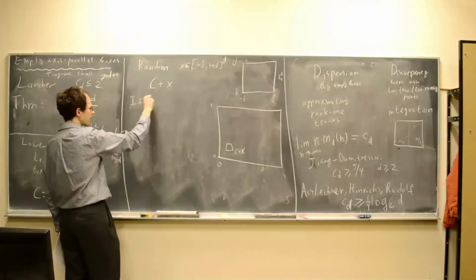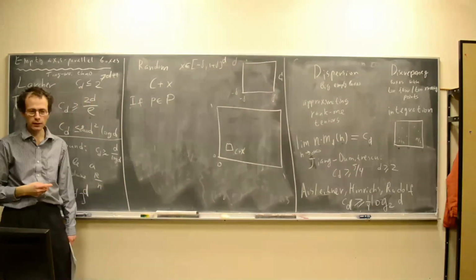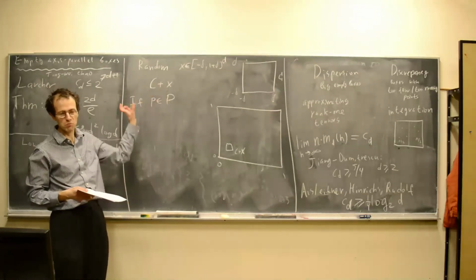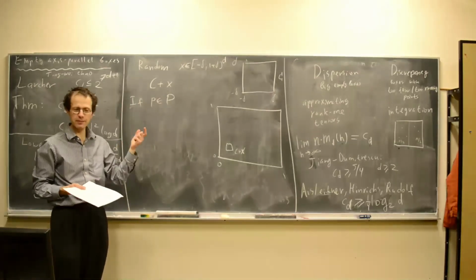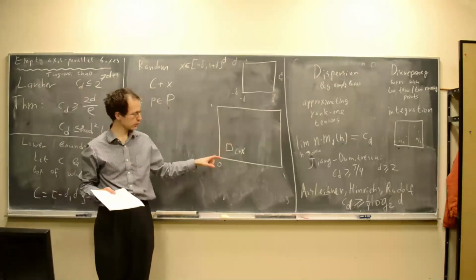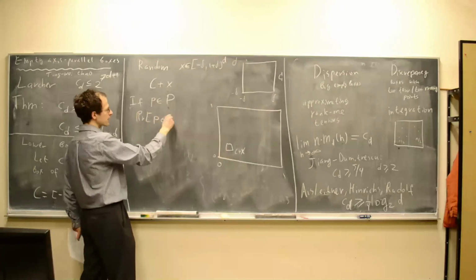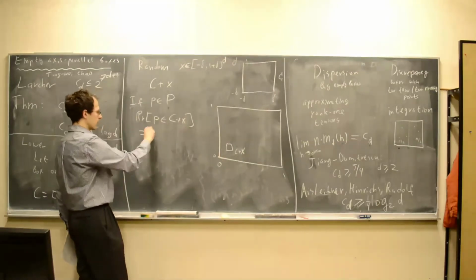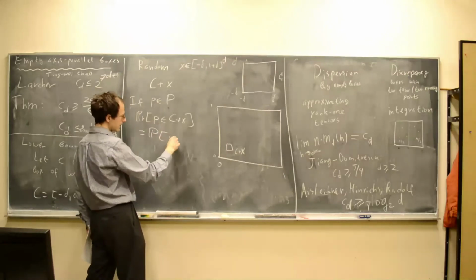Now, if I have some point P in my set, what's the likelihood that it is going to end up in this random translated box? Well, it's going to be the same no matter which point P I pick. If P, then the probability that P is inside this box is going to be the same for all of them. If you want, it's just the probability that X is going to be